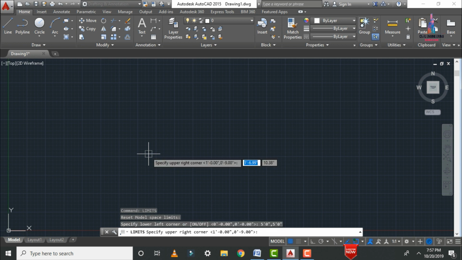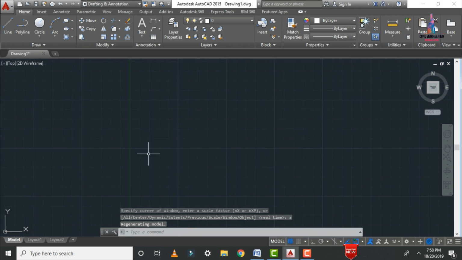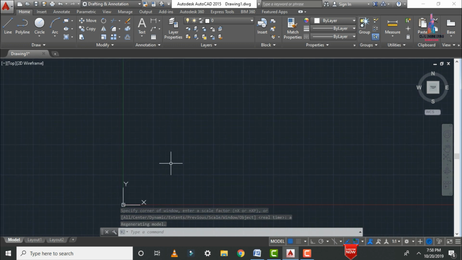After that it will ask you to select the upper right corner; I am taking 100 feet 0 inches and also 100 feet 0 inches. Click on Z and enter. Now we can see the axis change, with the limits set to 100 feet 0 inches by 100 feet 0 inches. This is the process of selecting limits.